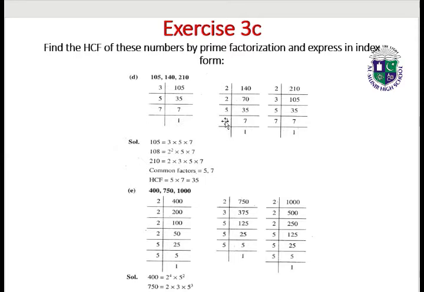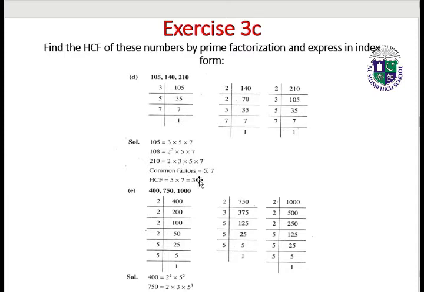5 7s are 35, 7 1s are 7. 210: 2 1s are 2, 0, 2 5s are 10, 3 3s are 9, 1 carry, 3 5s are 15, 5 7s are 35, 7 1s are 7. 105 is 3 multiply by 5 multiply by 7, 140 is 2 square multiply by 5 multiply by 7, 210 is 2 multiply by 3 multiply by 5 multiply by